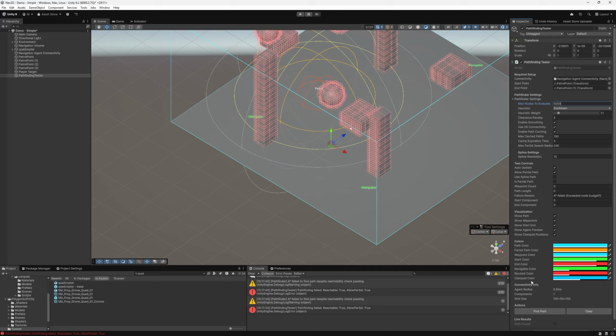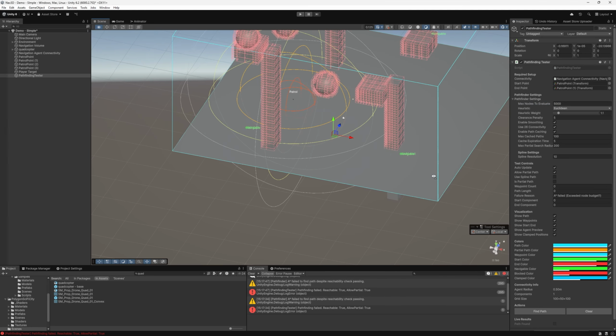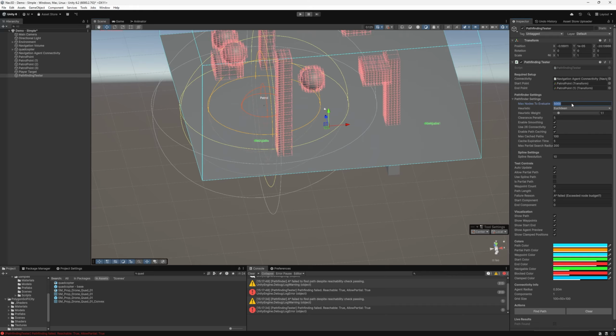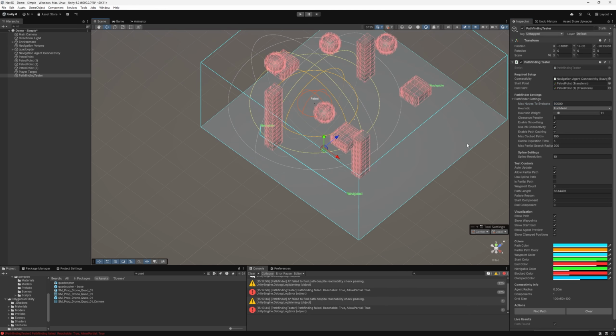I think there's like 4 million nodes or 2 million nodes or something. So there's a lot of nodes for it to evaluate. And you just need to make sure this number is high enough. 50,000 seems to be the sweet spot in this case. If you needed it to be a little higher, you can go a little higher, right? And again, this is relative to the volume size. I might